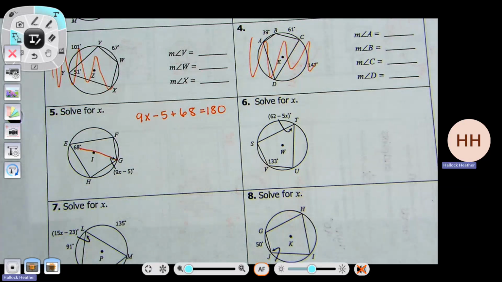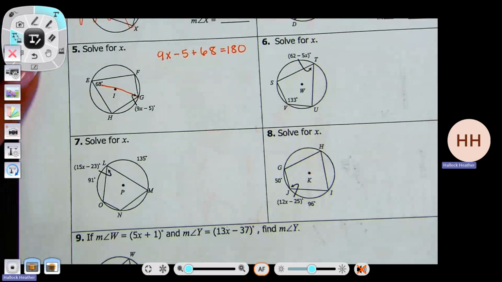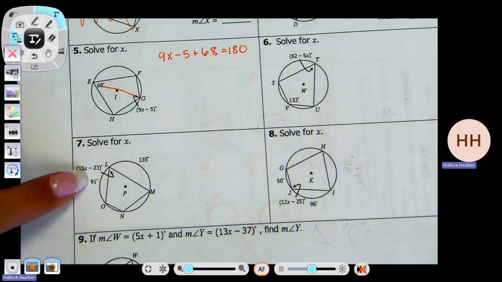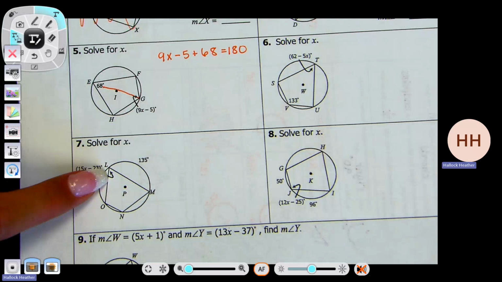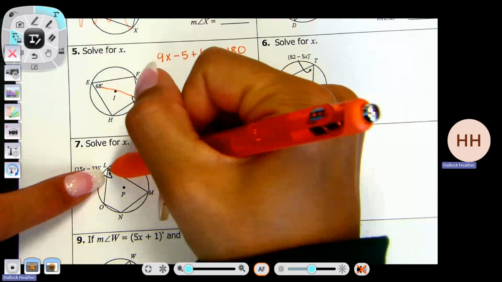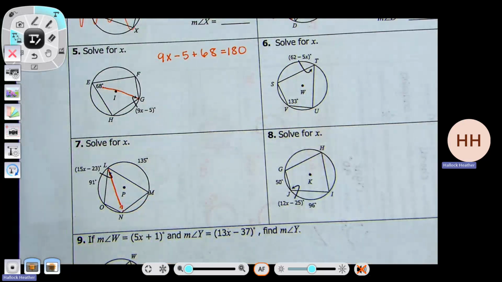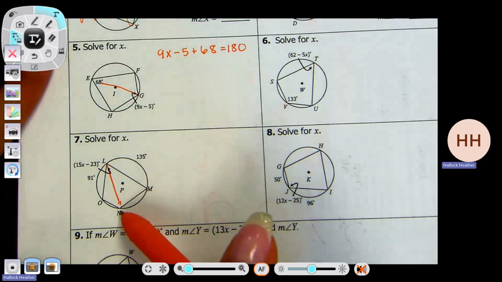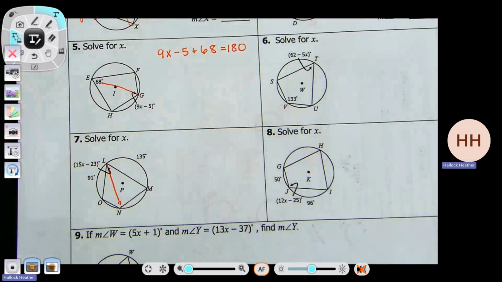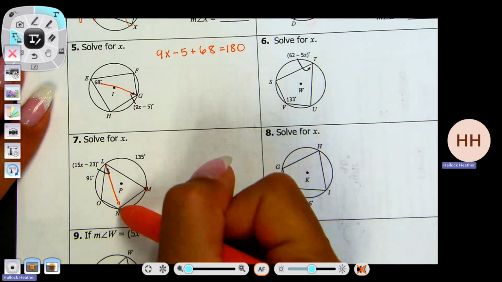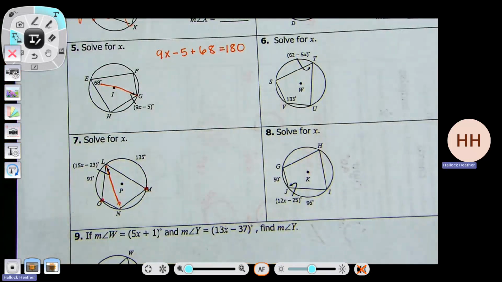Let's do a harder one, like number 7. Number 7, opposite angles add to make 180. So I know I'm gonna have to use 15x minus 23. What is L opposite? N. So these are opposite of each other. Now the problem is I don't know N, so I need to figure out what N is first. Not 180. So N opens up to M. N is connected to M. N is connected to O. So the arc that it's making is